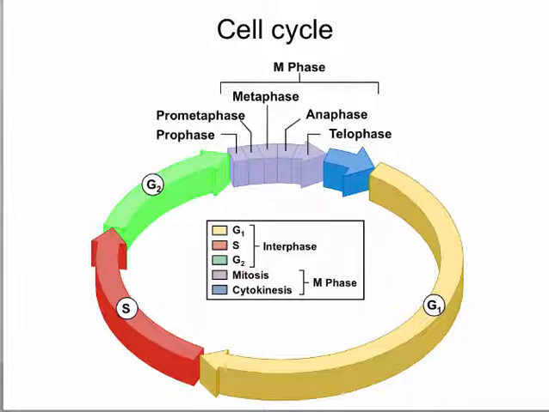Some cells never divide after a certain time. So for example, most neurons don't divide, and most muscle cells don't divide either. So those cells will go into what is called a G0 phase, in which they decided they're not going through cell division and they're going to spend the rest of their life in a G1 or G0 phase.